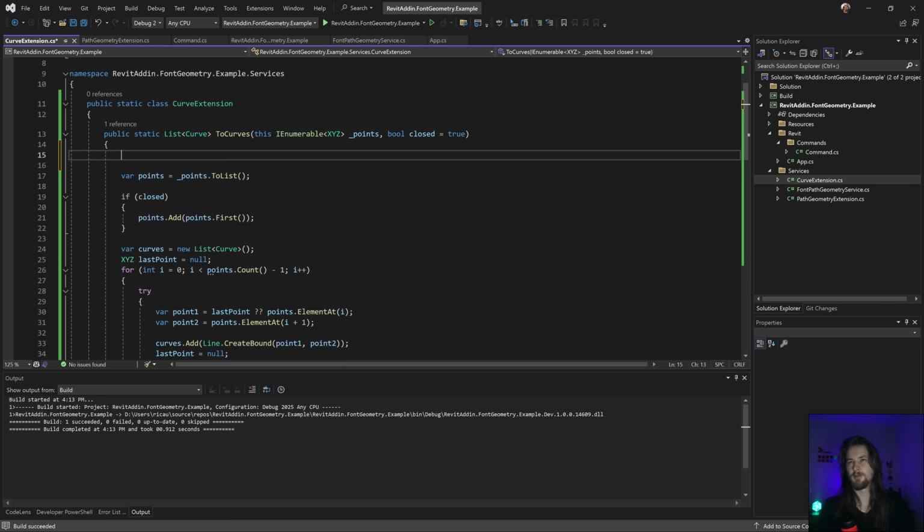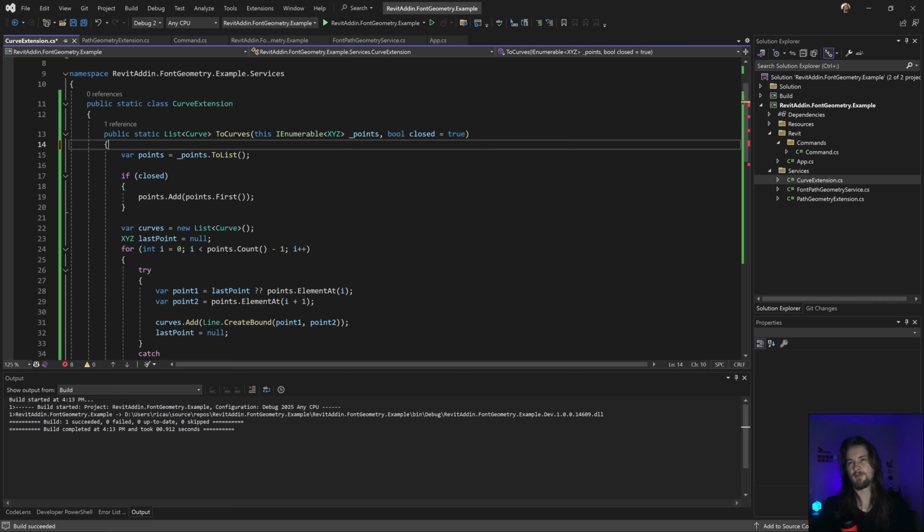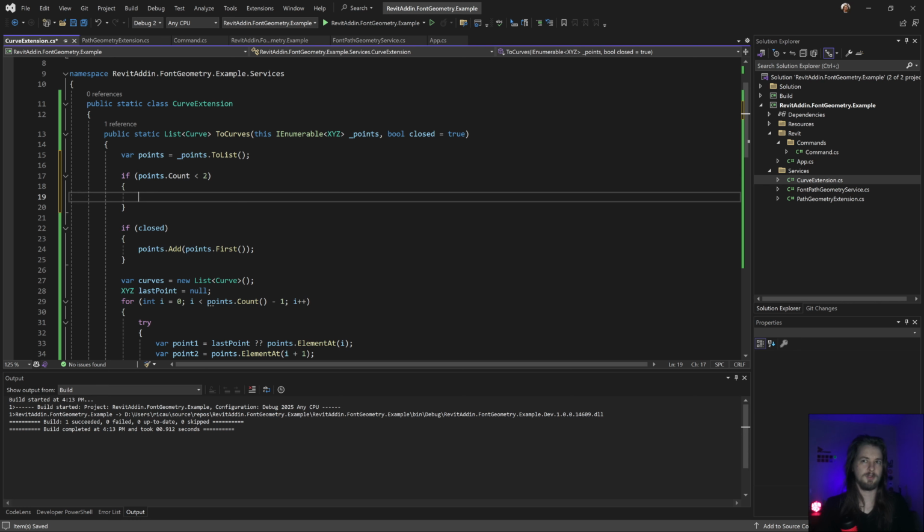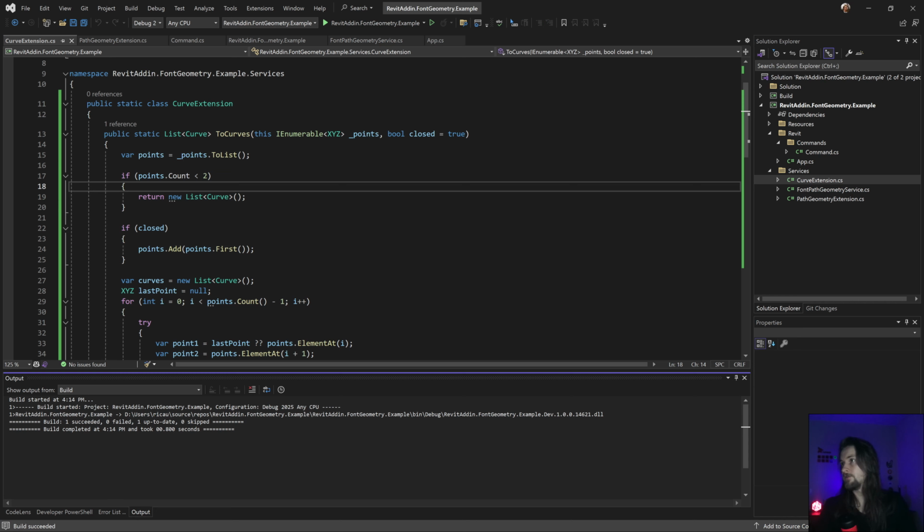I probably should ignore this, or better, yeah, if this point dot count is less than 2 points. 2 points gonna be the, yeah, 2 less, could it be 2, so 2, yeah, that's a way to create a no, yeah, this should work, I guess.